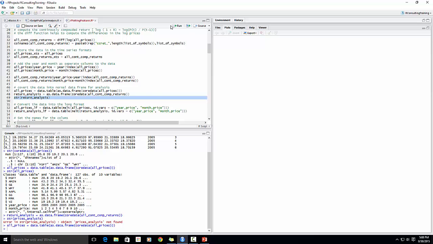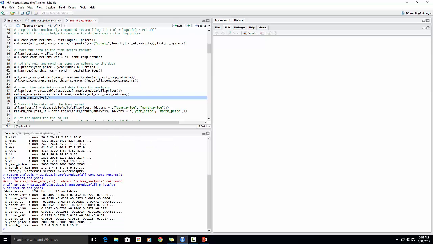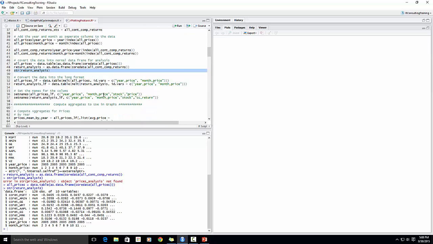Let's also quickly look at this. I left this as a data frame, so we can figure out what we really want to do there. This command is called the melt command, and we'll just execute this for fun. So here is all prices,